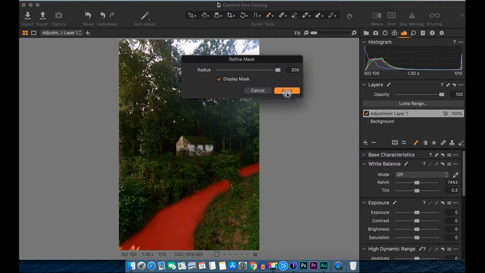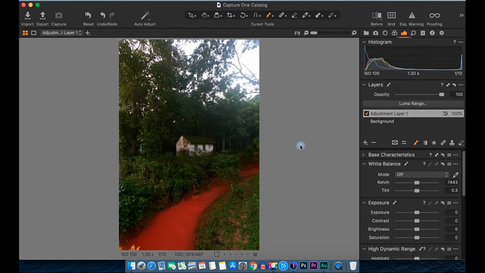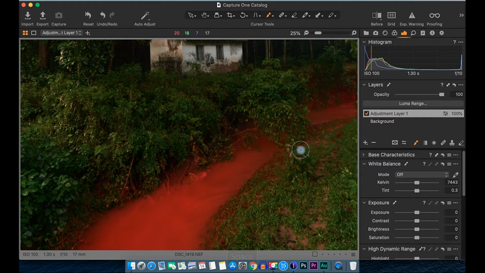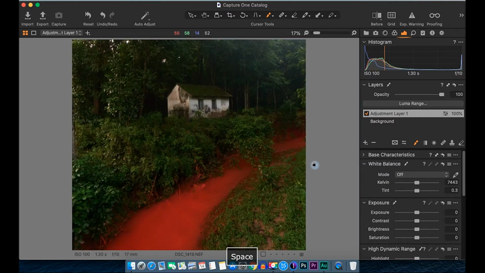The selection here is not that great, so refine mask will take care of the edges. This process will take a little while. So that's it, it has done. Now let's zoom in a little bit. It has taken care of the masking in a very refined way. Now let's hit M again to hide the mask.